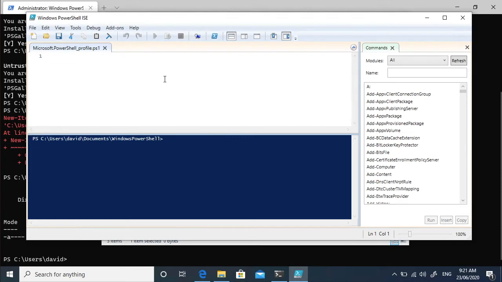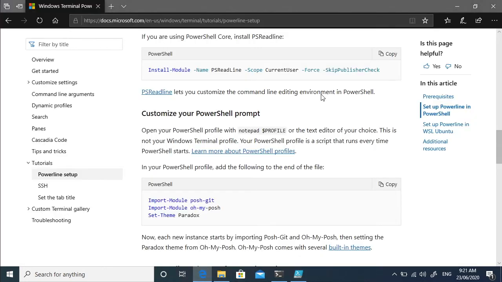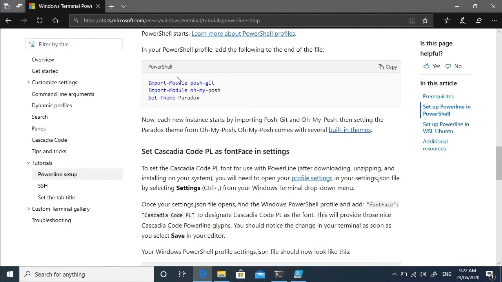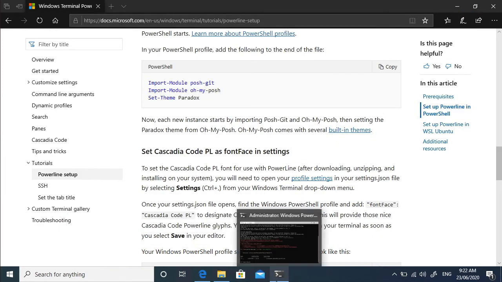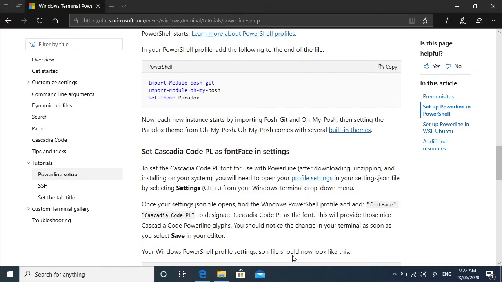If you wanted to create aliases in PowerShell, for example, if you wanted to write a short command to do a bunch of things, you can put that in this file, and this is attached to your Windows account. Now let me see here. I need to copy this and put that in the profile. I'm going to save and close. Now if I close this and open it again,